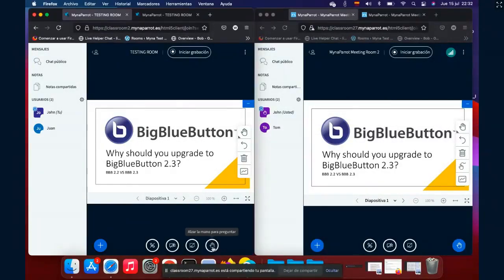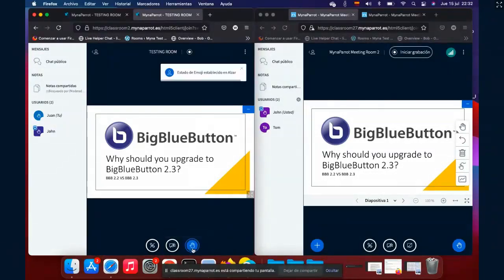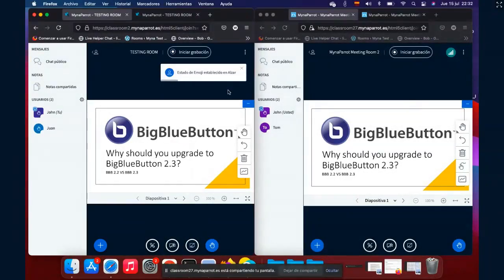So we have a button here for the 2.2 version. If you click raise hand, you will still get a notification. Let's see how it's going, because this is the student's role. Click. Okay, but here you see the difference. The difference is for the moderator: you don't have the option to take action on the raise hand, whether to accept or reject the student. So this is another difference between 2.2 and 2.3.